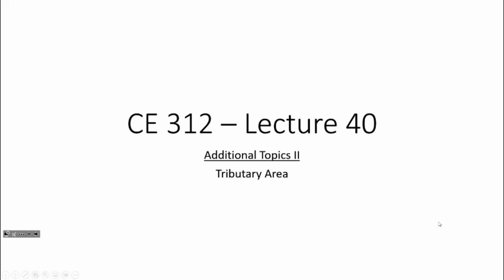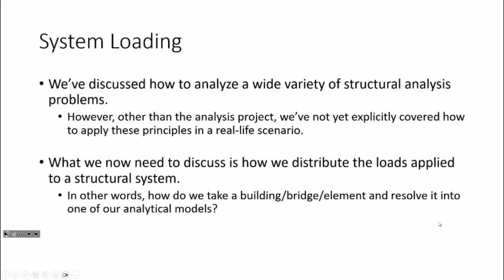I kind of want to be a little more general about this. Let me grab my little notebook here. I want to be more general today because I want to apply tributary area in a more real scenario and show you how we would use this for an analysis problem for a more complex structure. Okay, so